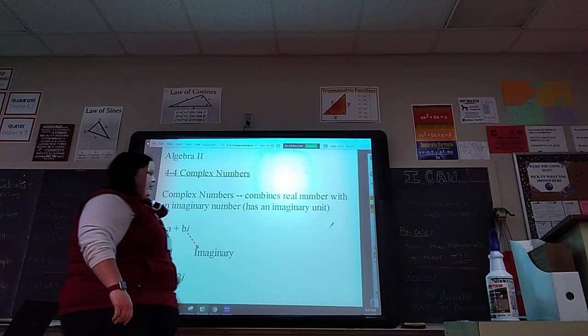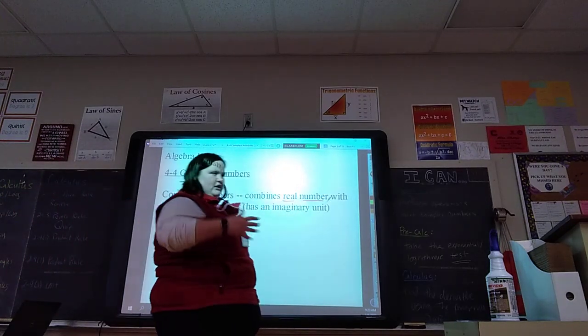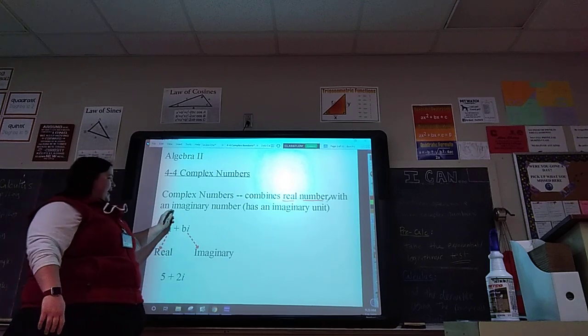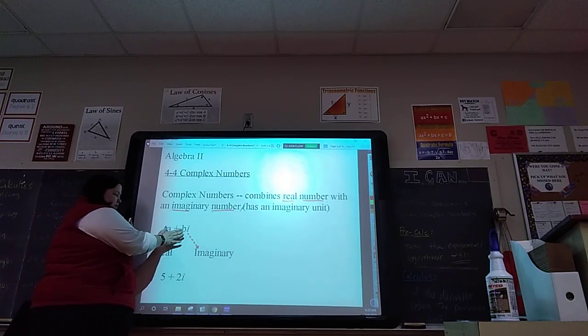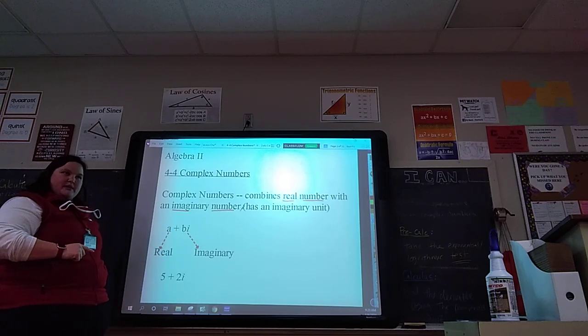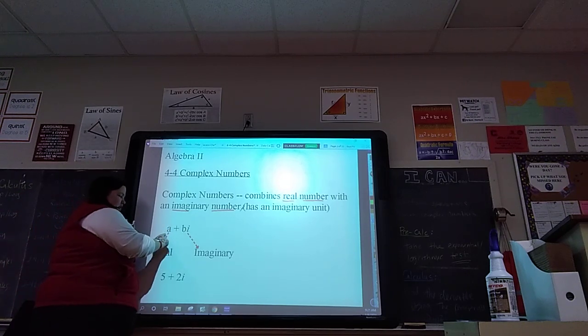It has a real number part to it, so it's going to look like a normal number, and then it has an imaginary number with it, and it has an i with it. So a lot of times we just use this as a general complex number, a plus bi. The real number is usually written first in a complex number. It's going to be whatever number we want it to be. It could be positive, negative, decimal, fraction, any number, but it won't have an i. And then the second part of it is the imaginary unit, and we know it's imaginary because there's an